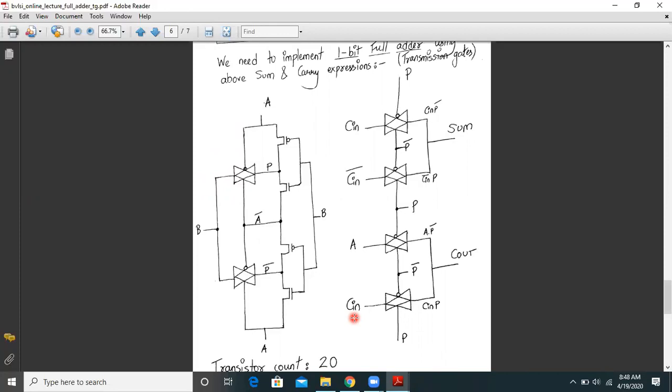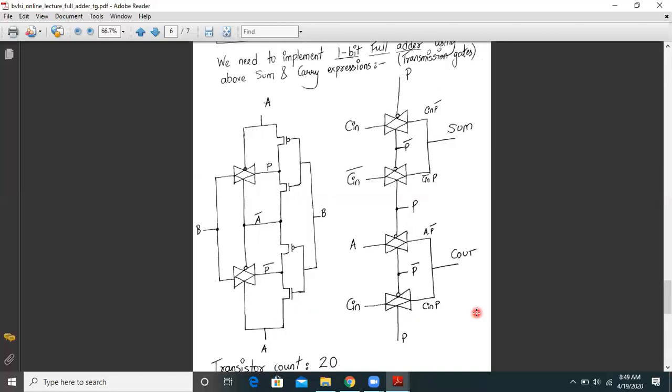Actually no, you have 6 transmission gates, so 12 transistors, and additionally you can see 4 transistors over here. So the total count is 16, and you require to implement A and A bar and Cin and Cin bar. So you require 4 additional transistors to implement the CMOS inverters. So the total transistor count is 16 plus 4, 20. So the transistor count is 20 over here.